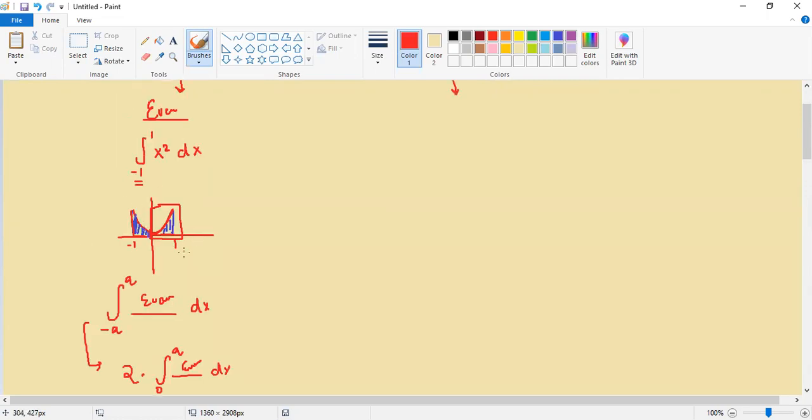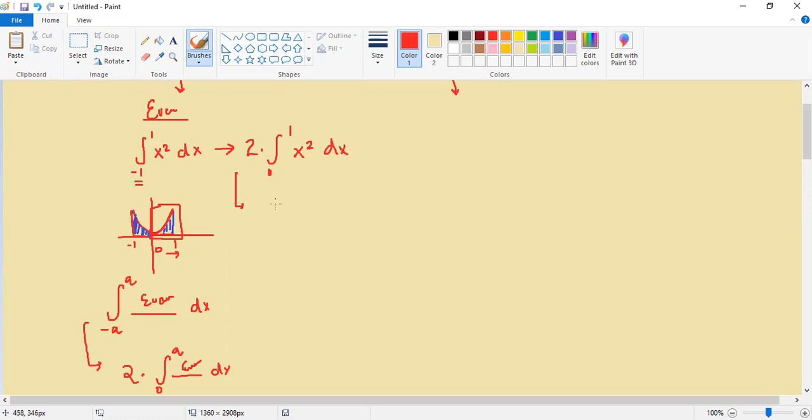So in this case here, we don't actually need to find the area under the bounded region from -1 to 1. We can just start looking at the interval from 0 to 1, and multiply that by 2. So we would do 2 multiplied by the integral from 0 to 1, since that's what our a is, of x squared